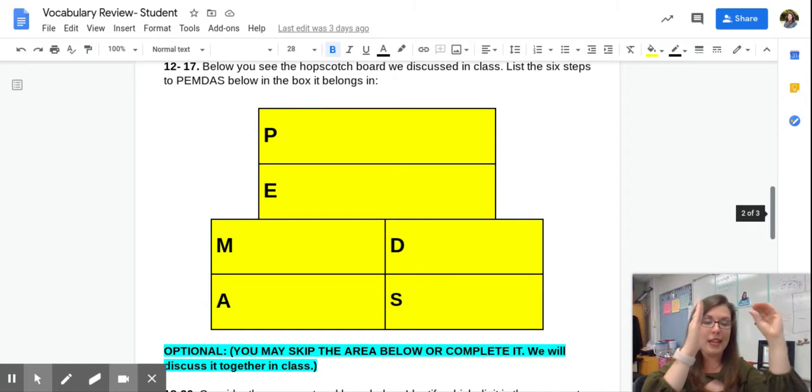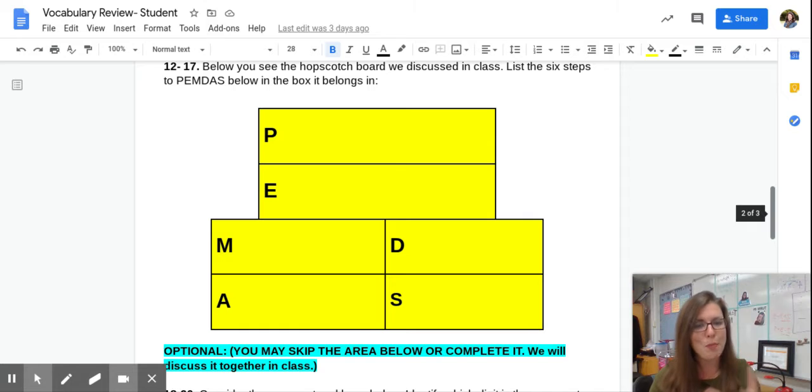Sometimes kids will think in PEMDAS, I do all the P, all the E, all the M, all the D, all the A, all the S in that order. We know better from what we've practiced in class. Yes, I clear out all the parentheses first, but really that includes all grouping symbols: parentheses, brackets, and braces. Say, do me first, do me second, do me third, in that order.